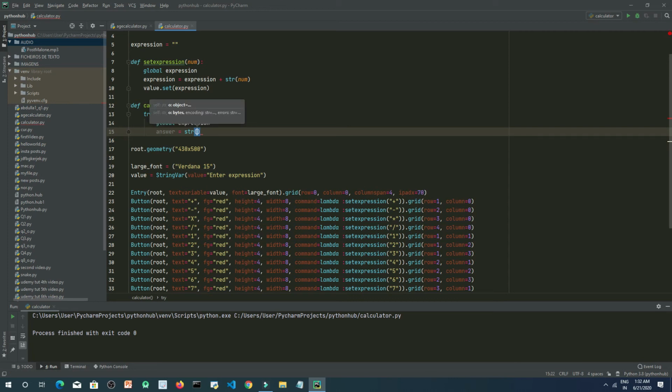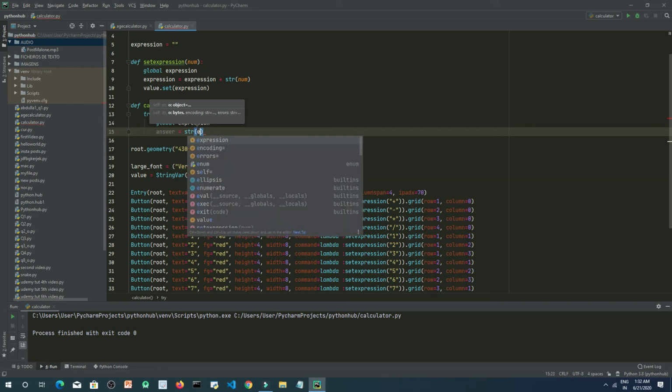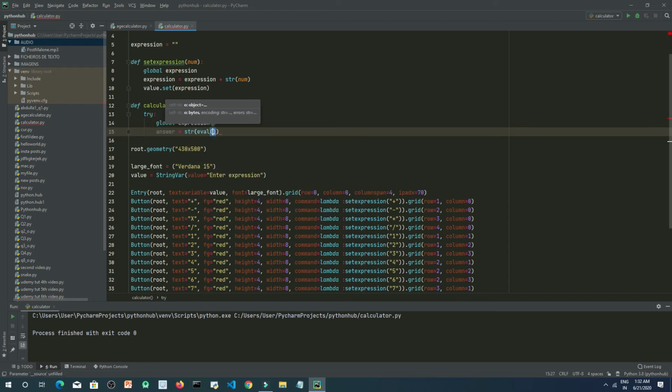And how will we evaluate the expression? We will use the eval function, which is a built-in function of Python, and anything which you pass inside this function will be evaluated, like 1 plus 2, this will return 3.